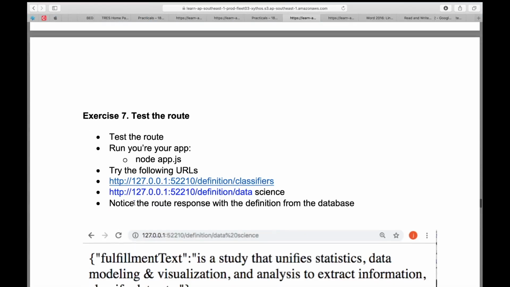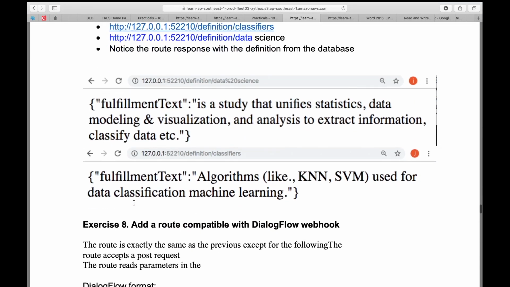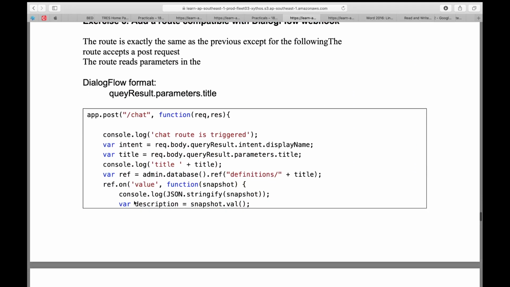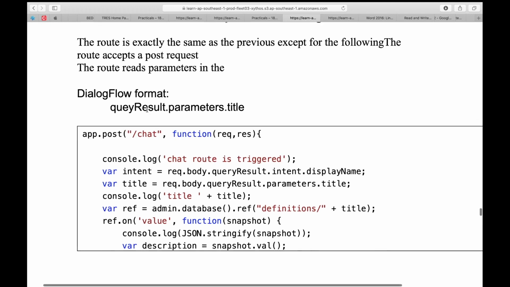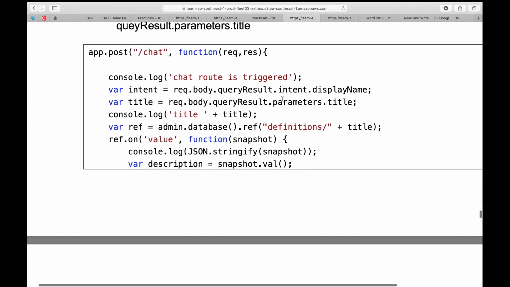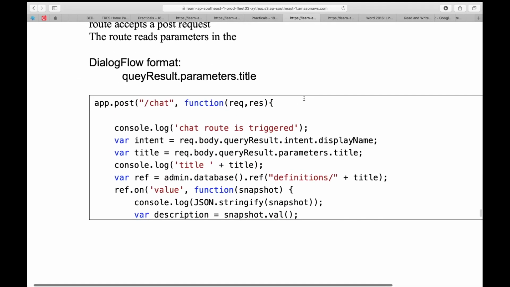Okay, so we've just tested the route. The next step would be to make the route for Heroku, and for our chatbot. In the last video, I believe I used this route called /chat for the fulfillment route. You'll notice it is the same thing. So in this case, what I'm going to do,